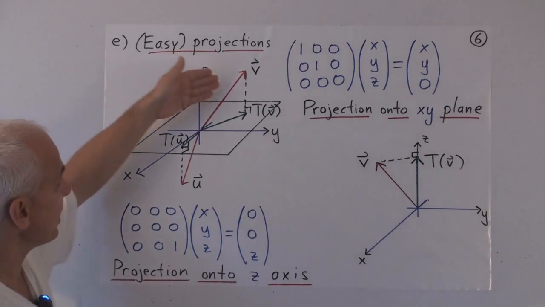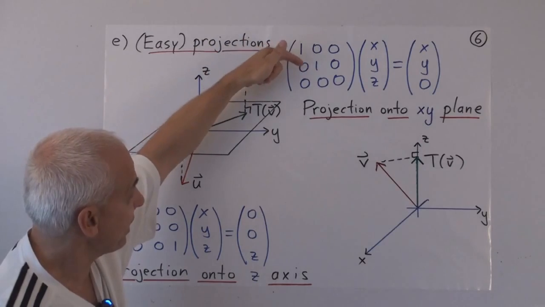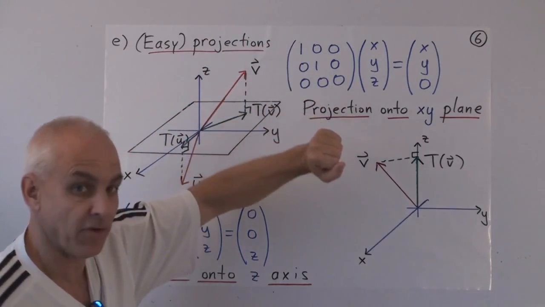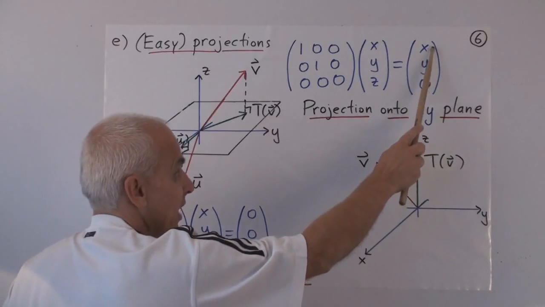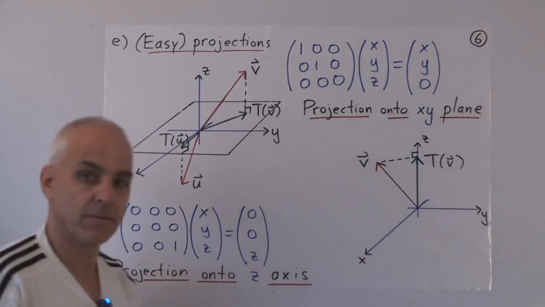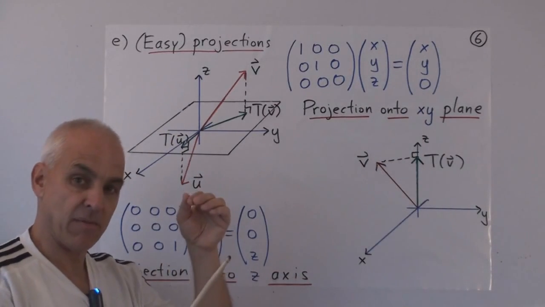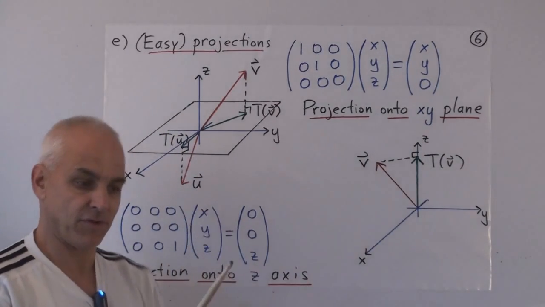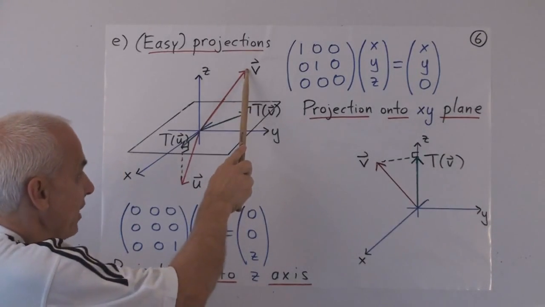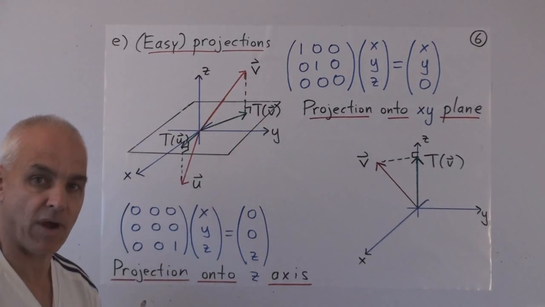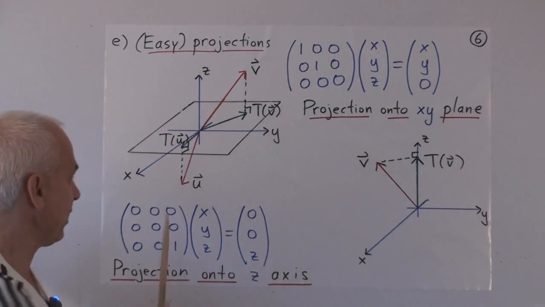So this example here, where the matrix has ones along the diagonal, except in the third spot where there's a 0. It takes a vector x, y, z and maps it to the vector x, y, 0. So the x and the y components haven't changed, but the z component has gone from whatever it was to 0. It means essentially we're dropping a vector onto the xy plane, directly below it, or perhaps directly above it